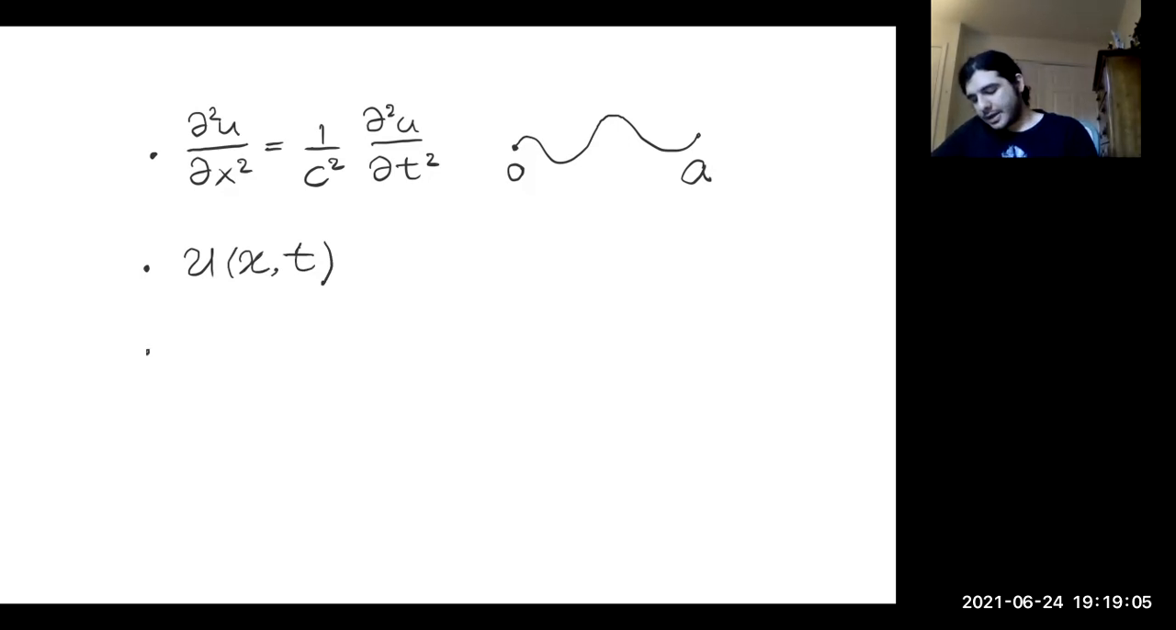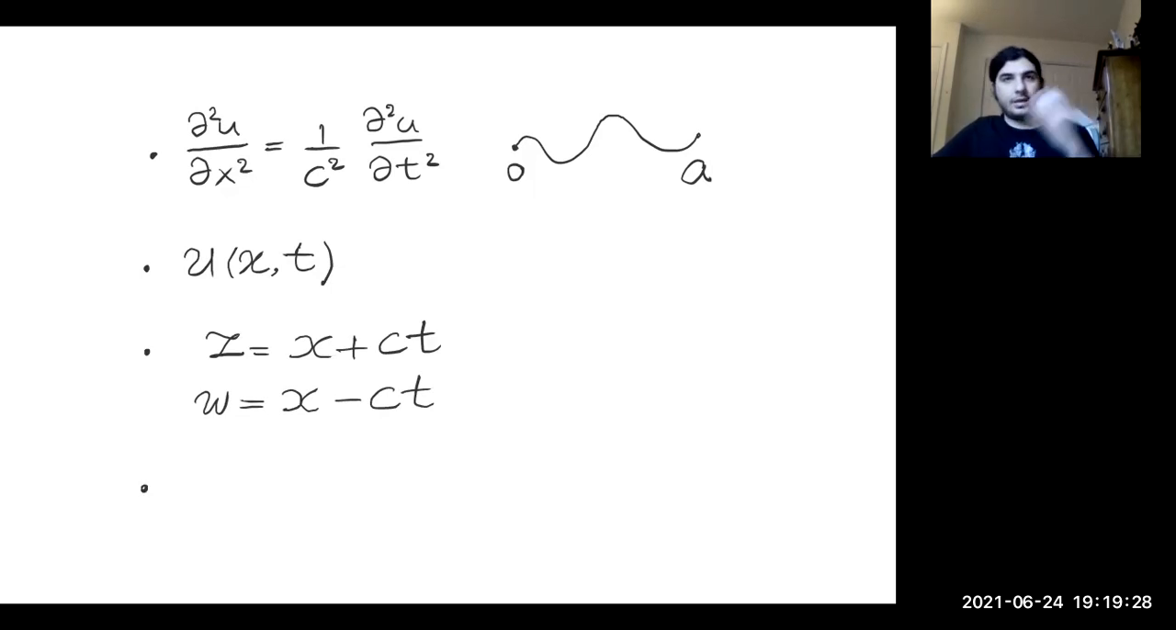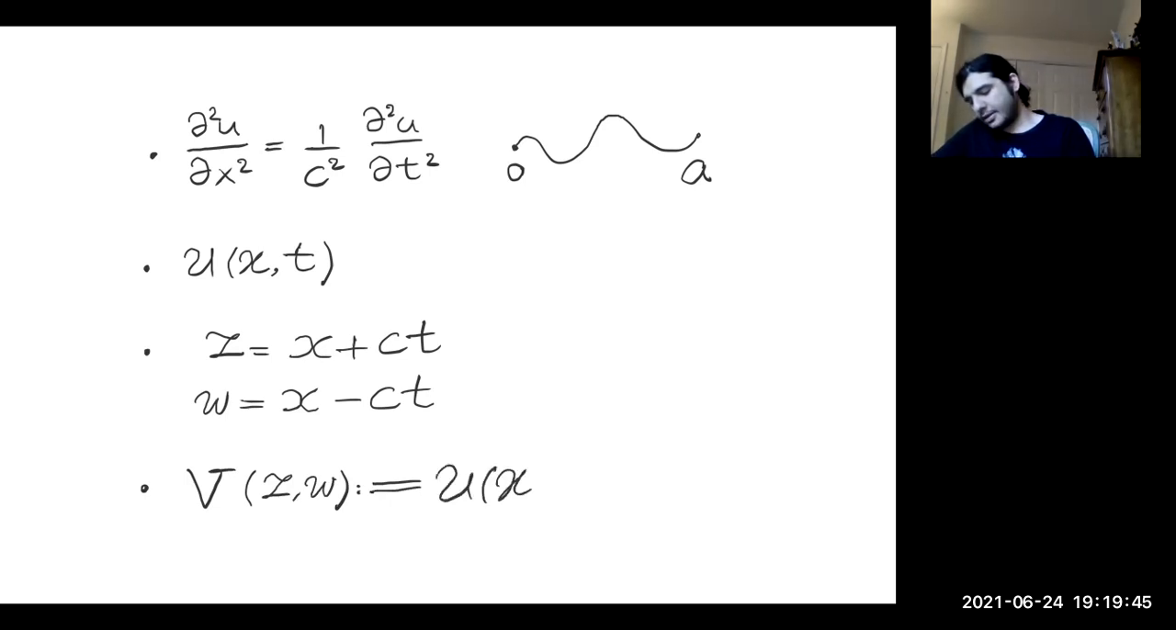Now let's introduce two new variables. Let's call one of them z and the other one w. Let's say z is x plus ct, and the other one, let's take it as x minus ct. There are two things I want to think about. If I define a new function, which I will denote by v of, say, z and w, if I define v of z and w to be equal to u of x and t,